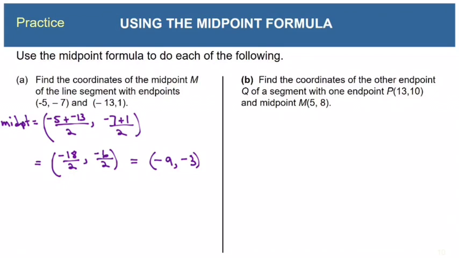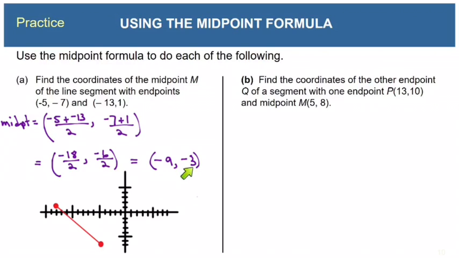Now what you really ought to do, just to be sure that you didn't make some silly calculation error, is plot the 2 points and see if your midpoint really does fall in the middle of the line. So let's just quickly draw a coordinate system, and we'll plot -5, -7 here, and -13, 1 here, and we'll join those with a line segment. And now -9, -3 would fall about here. And so we see that that really is pretty close to the middle of our line. And if I had done this on graph paper instead of a hand-drawn graph, we probably would have even gotten